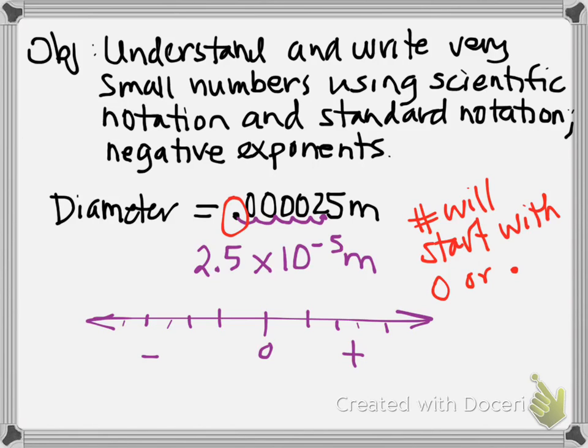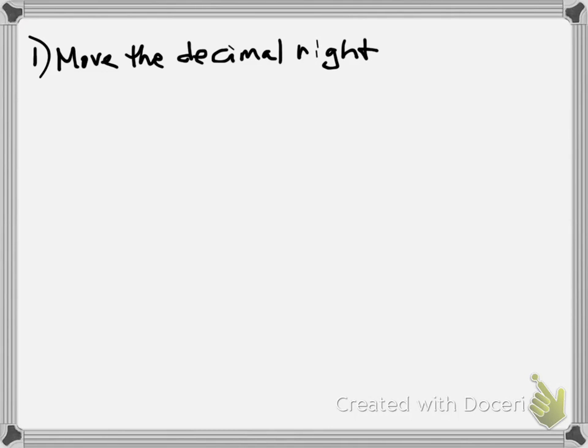So basically, we're doing the same exact stuff as yesterday. We're just going the opposite direction. That's the only difference between positive exponents and negative exponents, is we're just shifting our direction, okay? So we'll recap our steps. So step 1, we're going to move the decimal. Now this time we're moving it right, because we are trying to make the number look larger